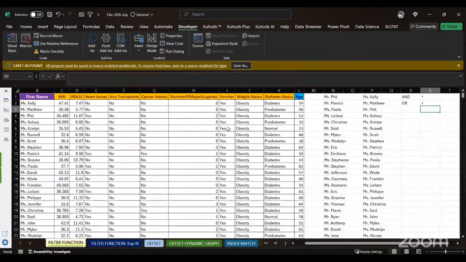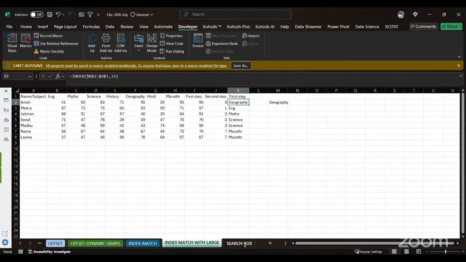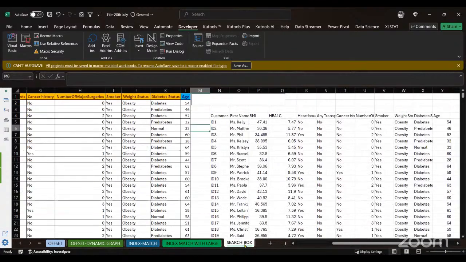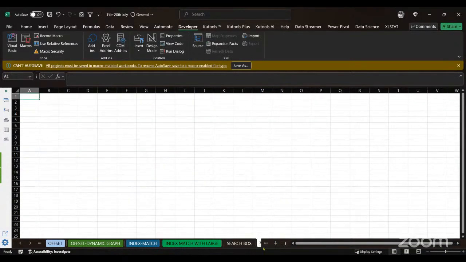And Nagarjun, you are in the group, right? So I'll check this one. This can be solved with the use of filter function. Now, suppose if I'll show the one scenario to you. Before that, I want to give one trick. Like suppose you have